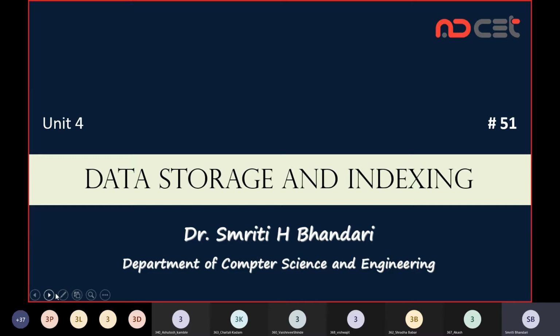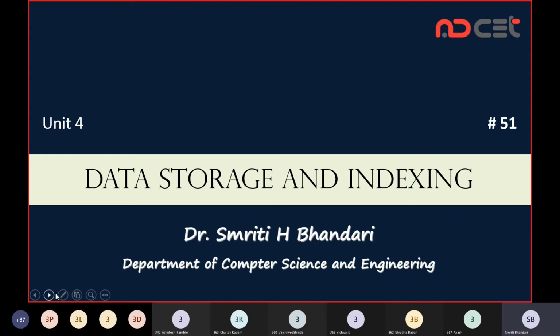However, being computer professionals, even though we know these higher level models and the higher level operations, the SQL and all, we should know the underlying details as well, right? And that is why from this unit onwards, we are going to discuss the concepts that underlie our database system,